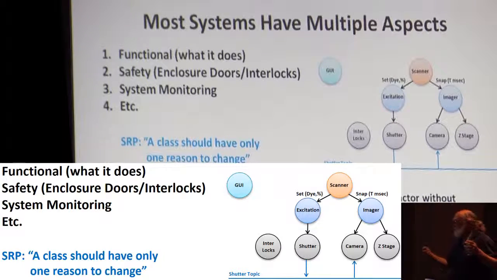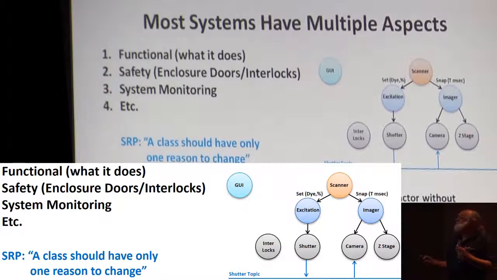And then there is a system monitoring aspect, because you need to know, for a 3-day run of a DNA sequencer, where is it, right? So you need to monitor what's going on in here, and probably you can go on and on and on. But the single responsibility principle says a class should have only one reason to change.